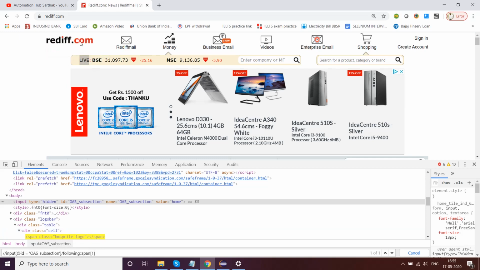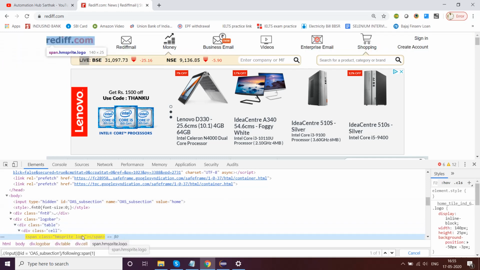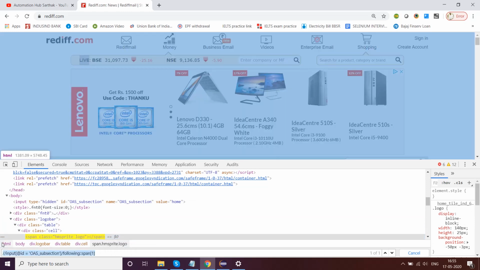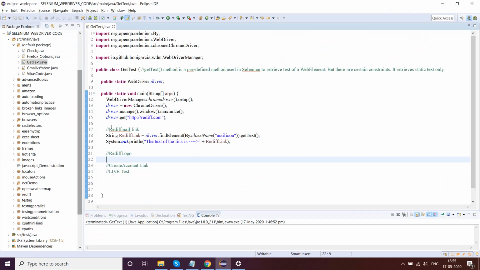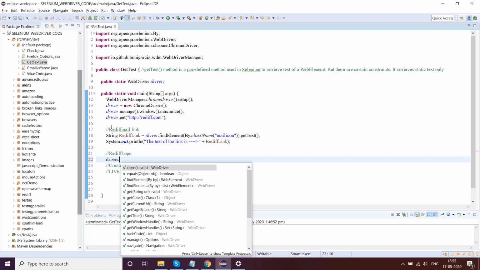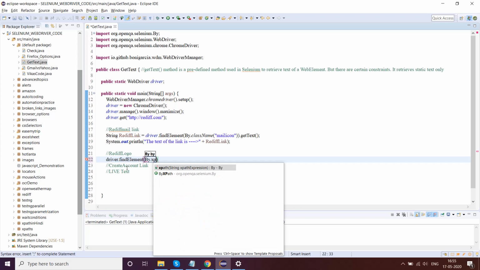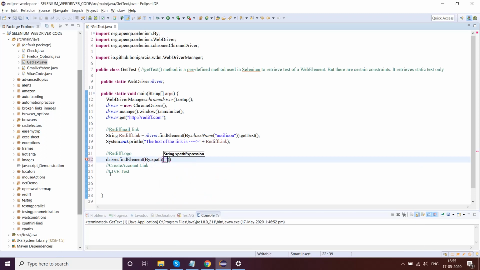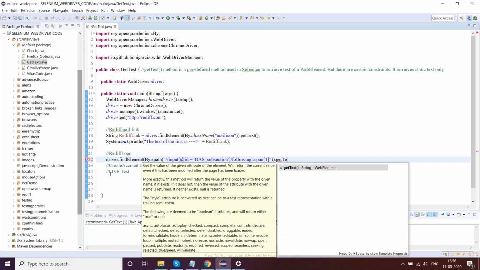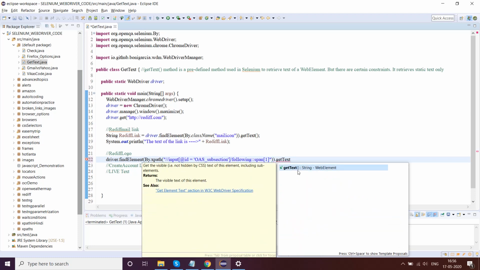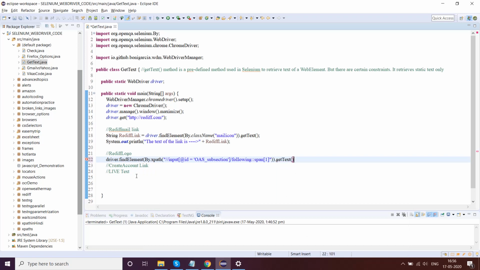The Rediff logo is here, position 1 of 1, and it works fine. I'll copy this XPath and write driver.findElement(By.xpath) with it, and retrieve the text of this logo. I will name it string rediffLogo.